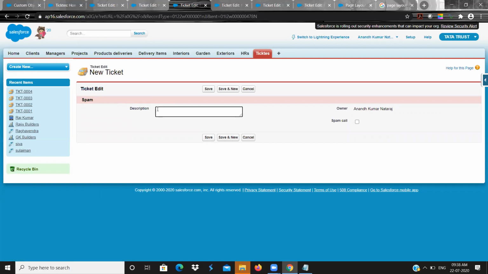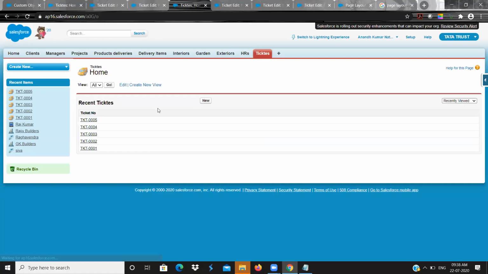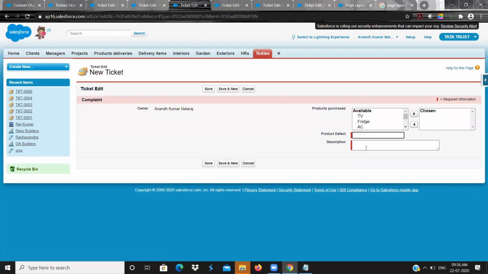Why? Because we did not set it in that page layout. So if you do not give any value, it will still save. But in complaint, if you do not give any value, it will not save. So with the page layout, I controlled the fields.